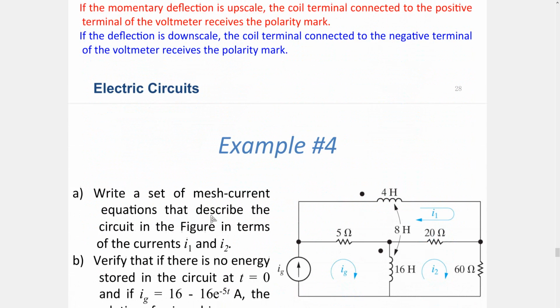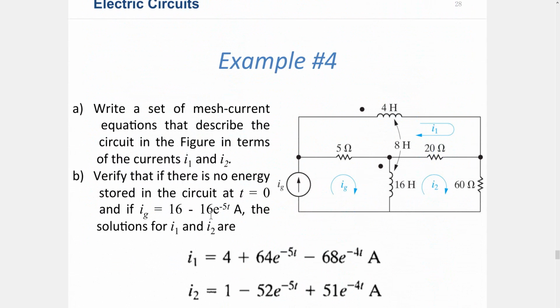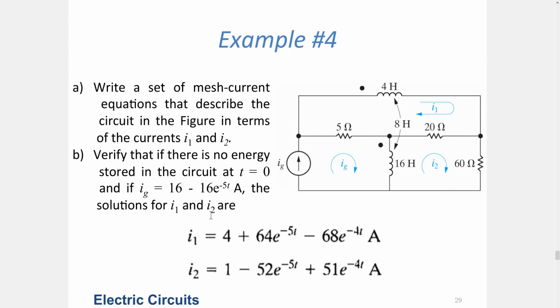So let us also think about a circuit. How do we handle circuits that contain inductors? In example 4, we are given a circuit which has a constant current source and some resistors and some inductors. We are asked to write a set of mesh current equations that describe the circuit. We have Ig, I1 and I2 as our mesh currents, and all the component currents can be written in terms of combinations of these mesh currents, as you remember